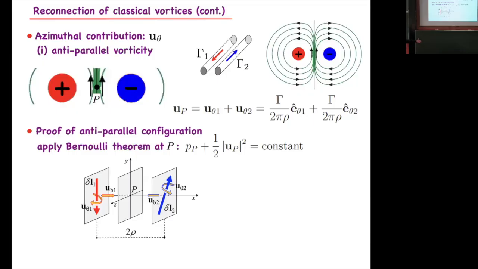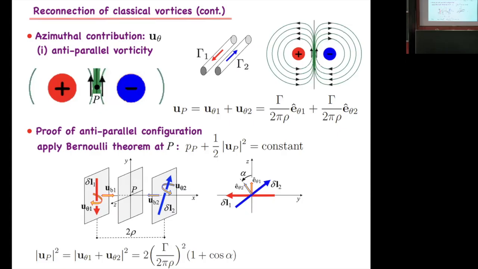Binormal from one strand, the binormal from the other strand. But note that the binormals, because of the curvature of the filaments, are towards the point. So what happens is they cancel each other. The binormal contributions cancel each other, and then we have to take into account this alpha to do our little